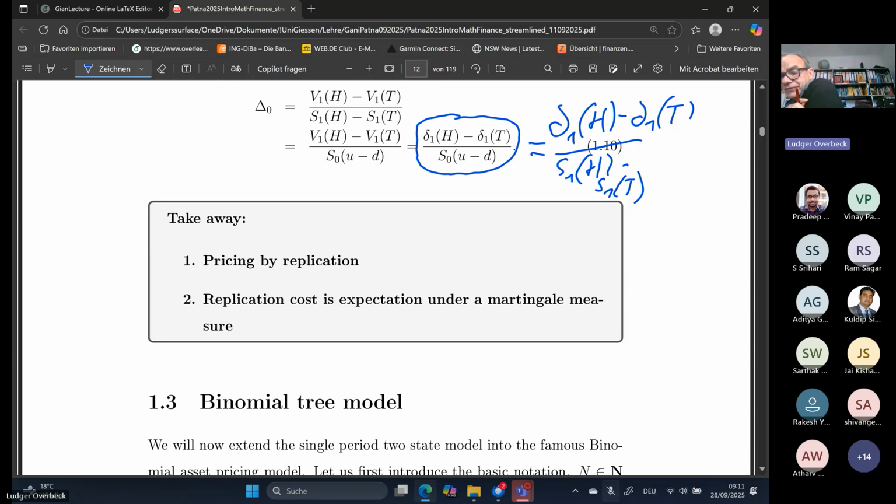So it's a derivative. It's also a mathematical derivative. So the hedge ratio of a derivative is a mathematical derivative. You see the derivative here? So it's delta of the, call it now C, because there's too many deltas, of the option, divided by delta S. Now it's a discrete derivative.